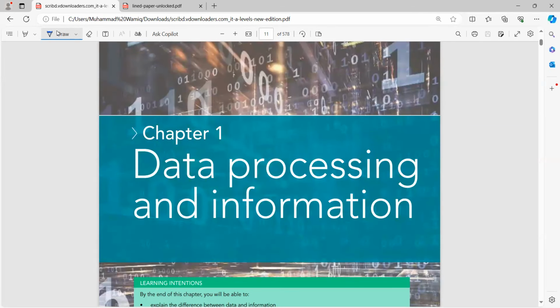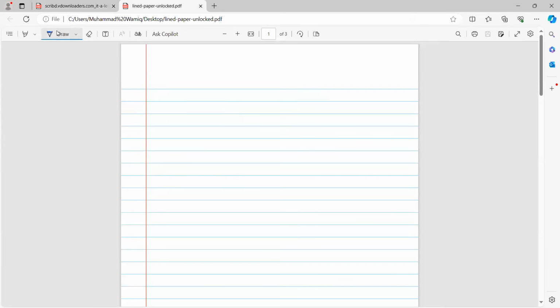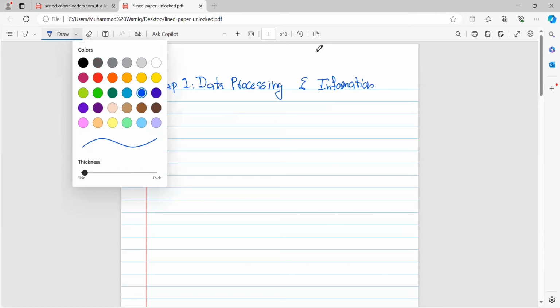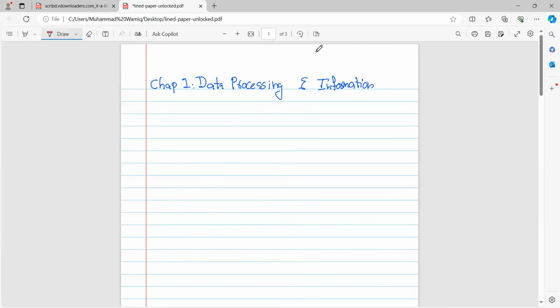Chapter number 1, which is data processing and information. We will be discussing chapter 1 today. That is our data processing and information. And since our last class, I guess we have already discussed the terminologies that you understand, like